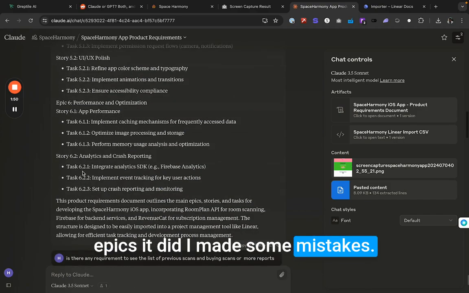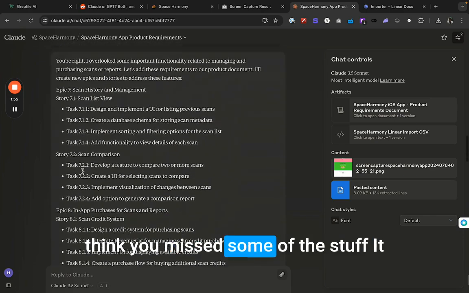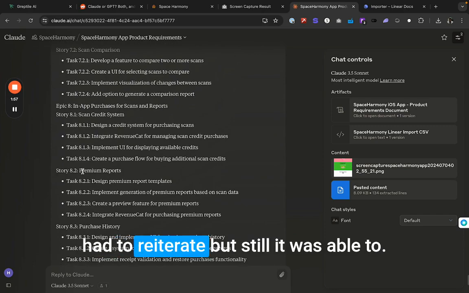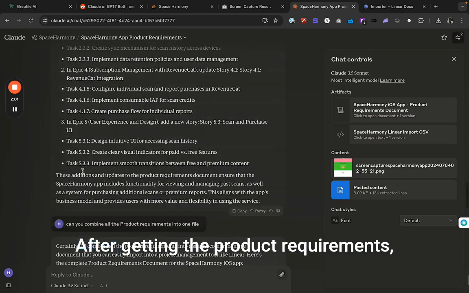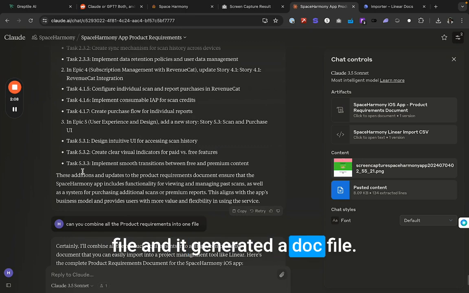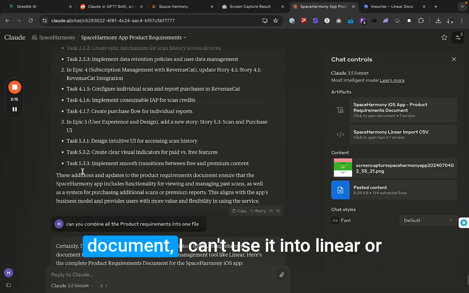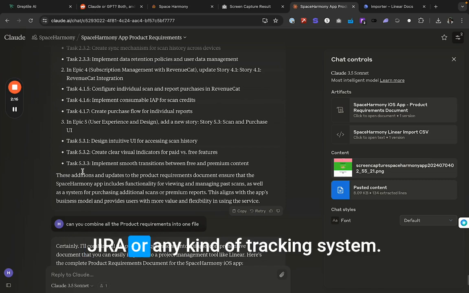I've made some mistakes. This is Claude 3.5 Sonnet. And then I was like, hey, I think you missed some of the stuff. It had to reiterate, but still it was able to. After getting the product requirements, I asked, can you give me everything in one file? And it generated a doc file. I could download that. But having that document, I can't use it in Linear or Jira or any kind of